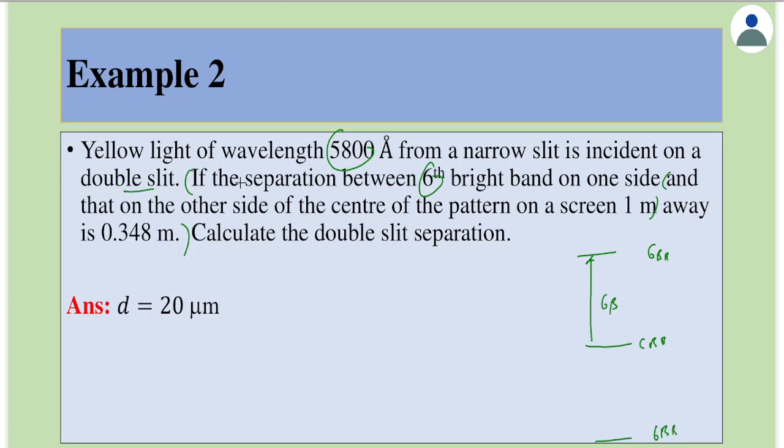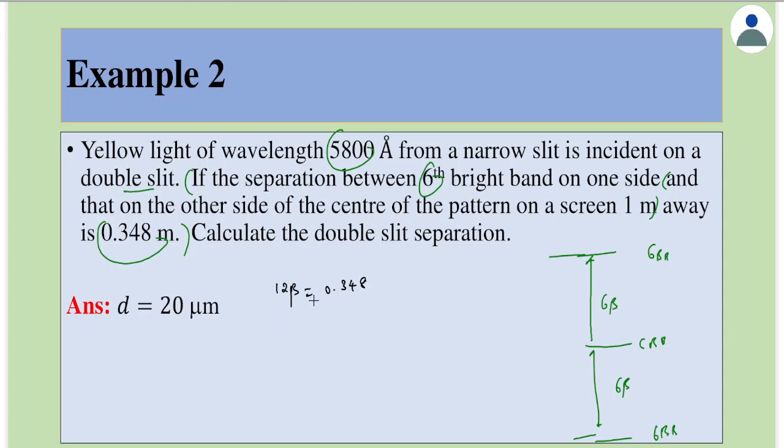Question says if the separation between the sixth bright band on one side and on the other side, it is this separation which is given as 0.348 meter, and 1 meter is the distance between the slits and the screen. So again this would contain 6 beta. Therefore what is given is, 12 beta is equal to